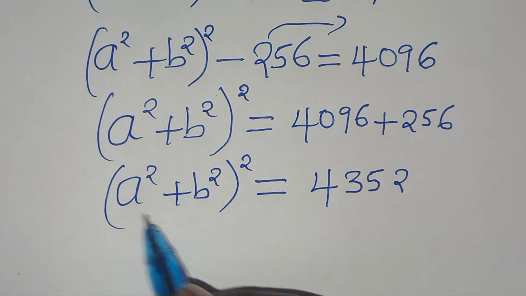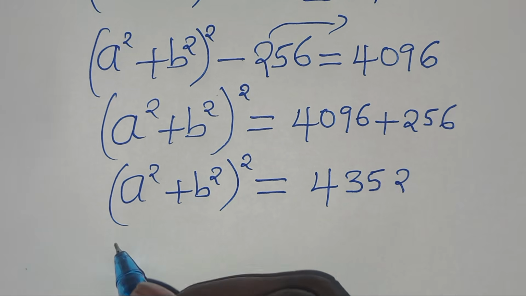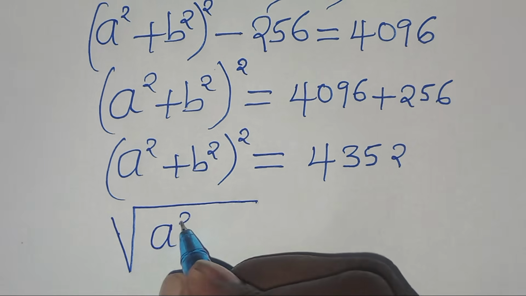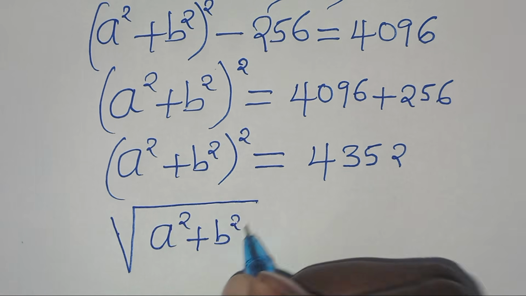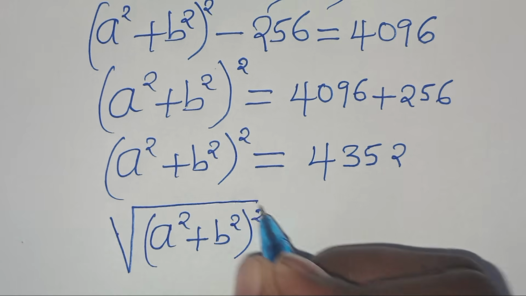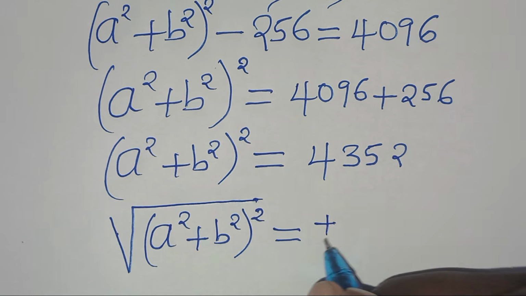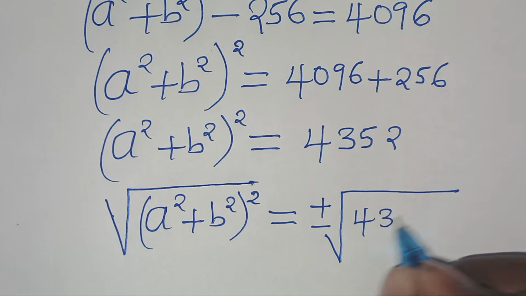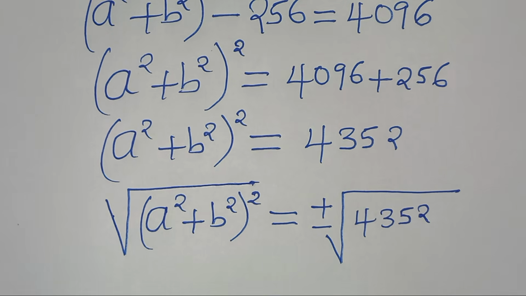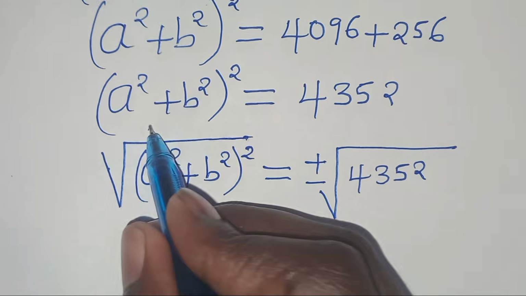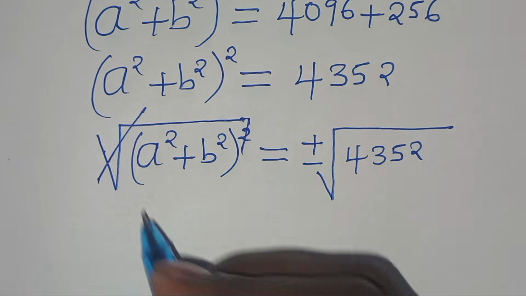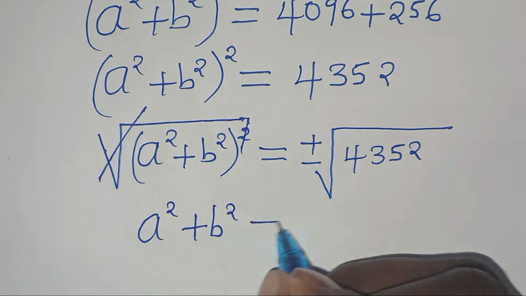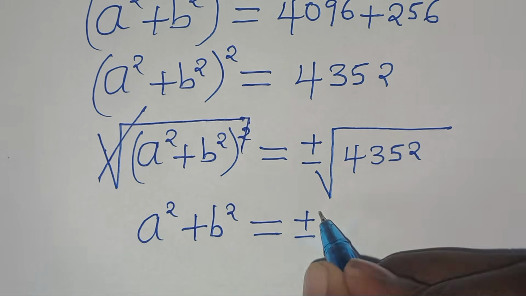Now, to solve for the value of a squared plus b squared, let's introduce a square root on both sides, which is the square root of a squared plus b squared raised to the power of 2. This is equal to plus or minus the square root of 4352. Now this is to mean that here we can eliminate the square root sign so that we have a squared plus b squared. This is equal to plus or minus the square root of